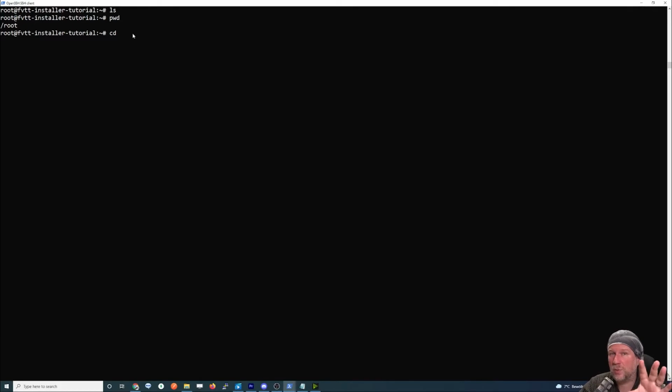It distinguishes between uppercase and lowercase letters, something that Windows doesn't do. So the file name called README is very different to the file name called readme in lowercase letters. So you can create both of them at the same time on Linux, but on Windows it will just use one file for that. So let's change directories, and let's go up one